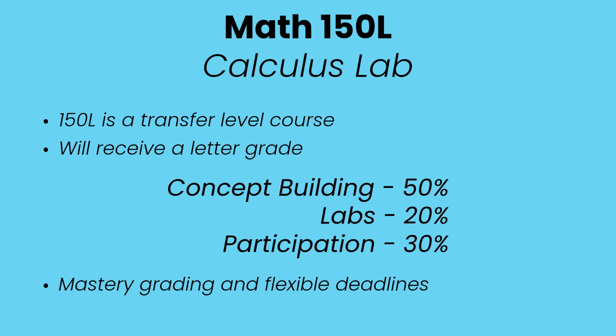Also, flexible deadlines make a lot of sense in the calculus lab. Maybe you got a big assignment from your calculus course, maybe a project, and you really need to put your attention to that. You're bringing that to the calculus lab time, and the concept building assignment I have for the day, you'd rather push back and get to at the next meeting. Or maybe you don't finish a concept building in our meeting time, and you want to continue it at the next calculus lab meeting. Obviously, that's great, and that's how we're going to support